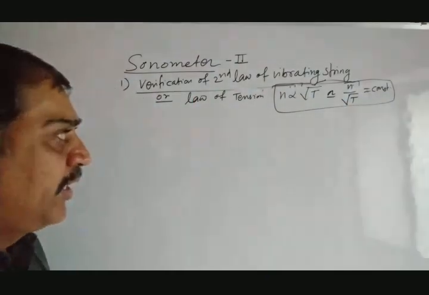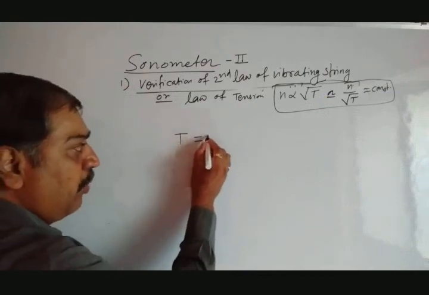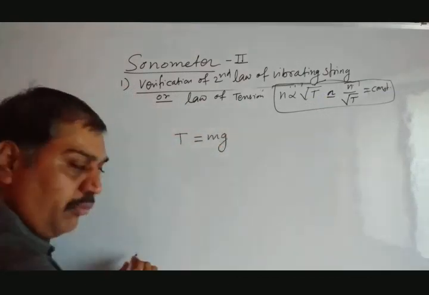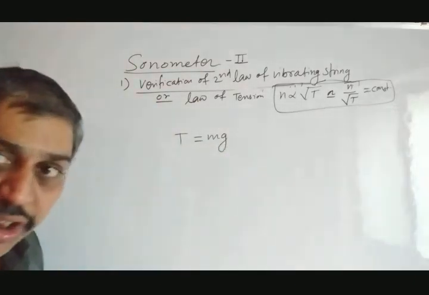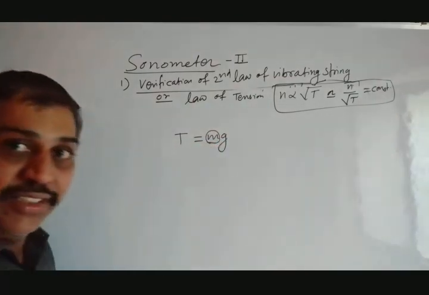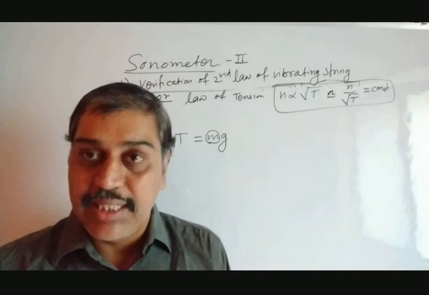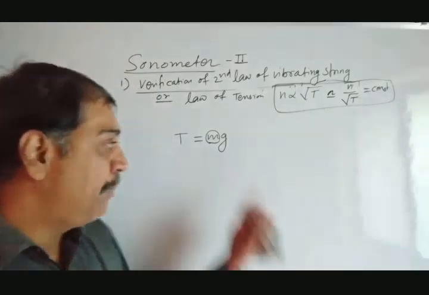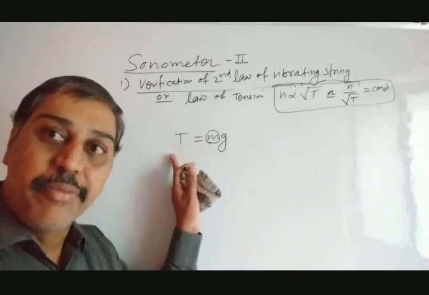Now remember, here we are using the term T. T is the tension, and as we know, T equals M into G. So when we change T, G, the acceleration due to gravity, is constant at that place. So what is changing? Mass is changing. How can you change the mass? To the string we have attached the mass. If that mass is more, M is large, T would be large. If M is less, T would be less.